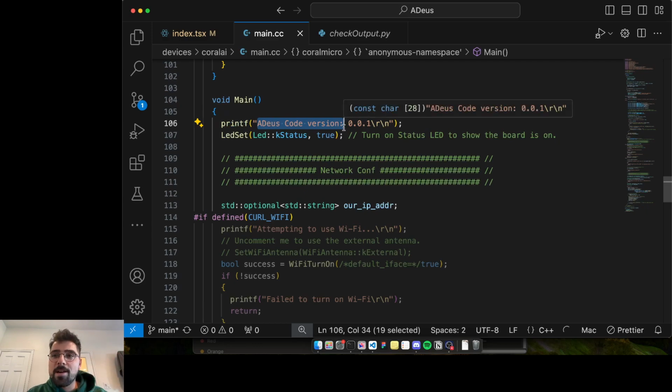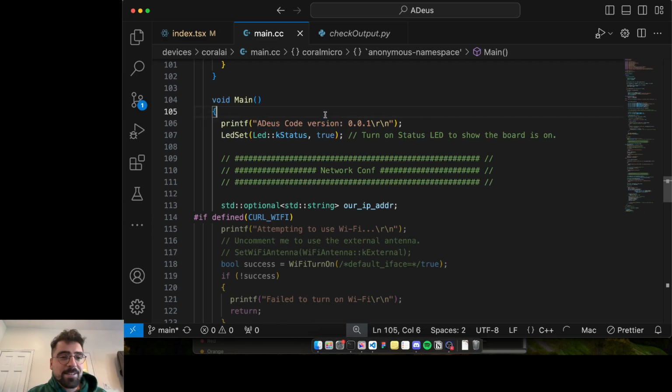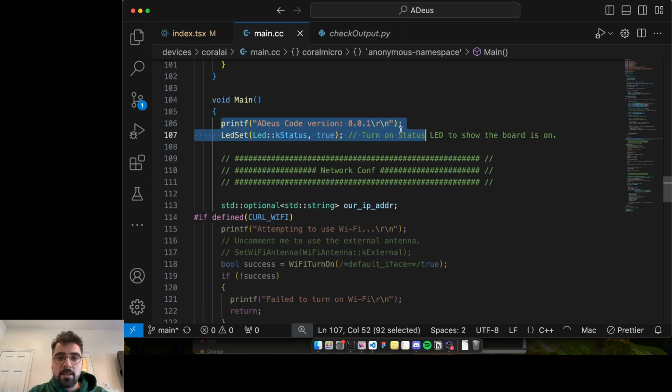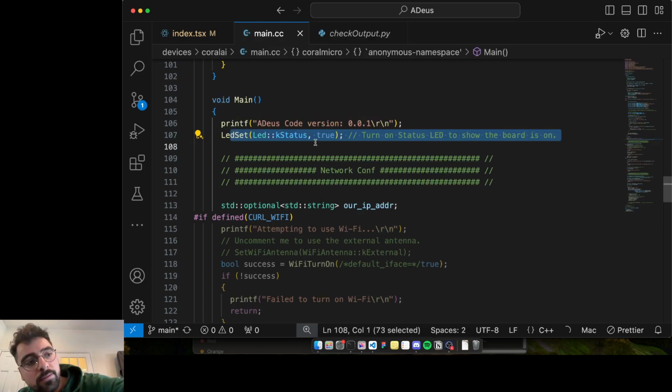By the way, something I spent maybe an hour on is that if you don't write \r\n, which is a new line essentially, then you won't see it in the serial output. Until you write those two, it's not being sent to the debugging console. Then we are lighting up the LED light, this orange light over here,